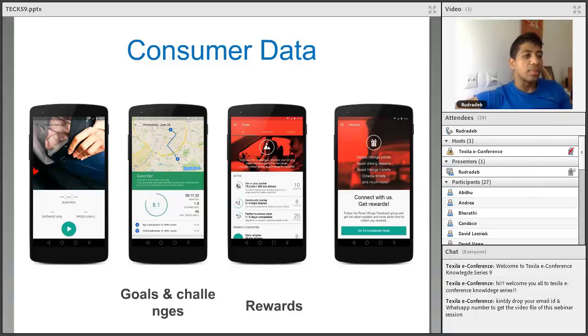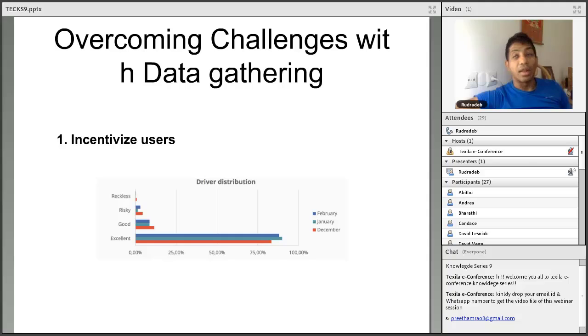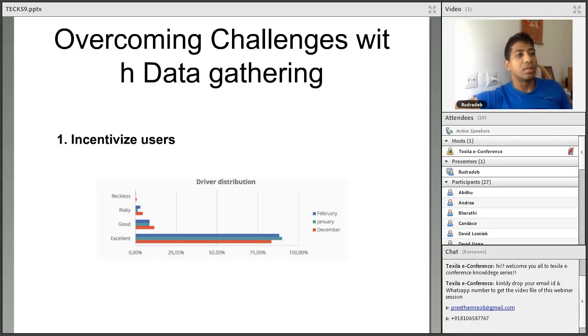And we saw that when you gamify and incentivize the users, even as simple as giving a coffee, or even as simple as giving a movie ticket, people are very keen to share the data because they see immediate value. Of course, there's a bigger vision of improving road safety, but people often don't connect to that kind of big vision. They like the big vision, but if I can incentivize them with small tokens, they like that. So the first thing if you're collecting user data, you have to incentivize the users to give the data. Don't try to get the data from hidden, which Facebook and Google are doing in many ways. That won't work, and I don't think that will be sustainable. And for a startup or a small business, that's impossible.